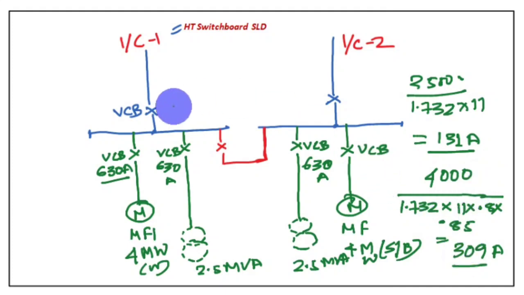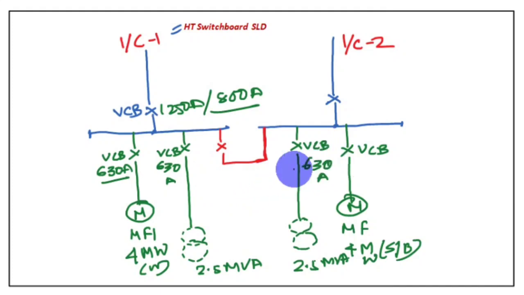So we can select the bus coupler and incomer as 1250 ampere or 800 ampere. Many organizations have their standard. Some companies make a standard for the minimum rating of 1250 ampere. So you can check that as per the requirement. Okay. So now this is the basic of the basic power system. Power feeders are designed.